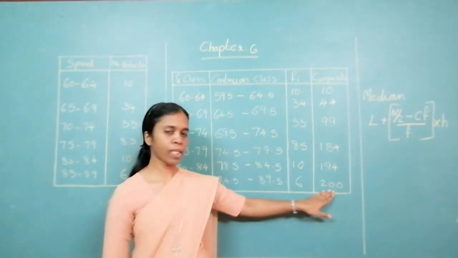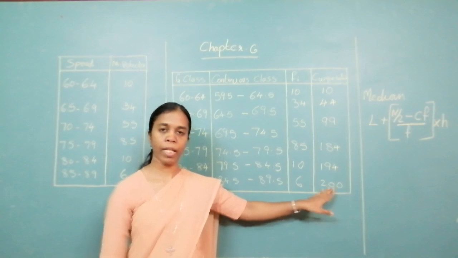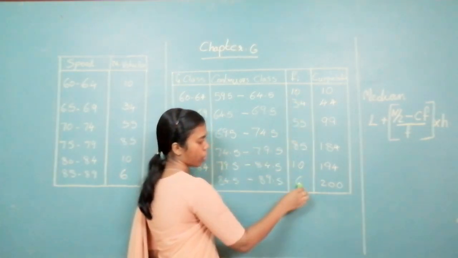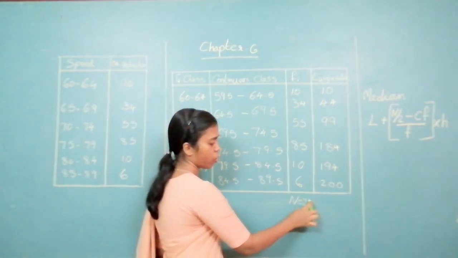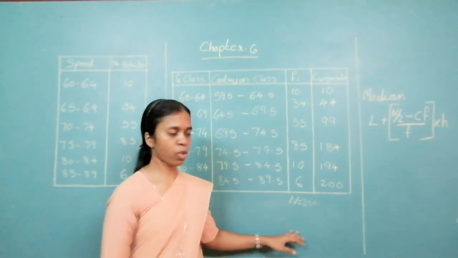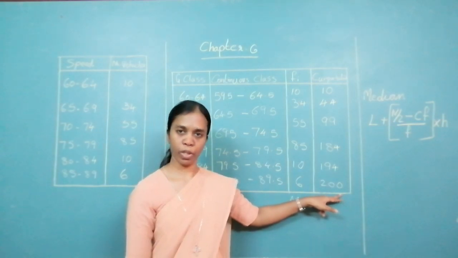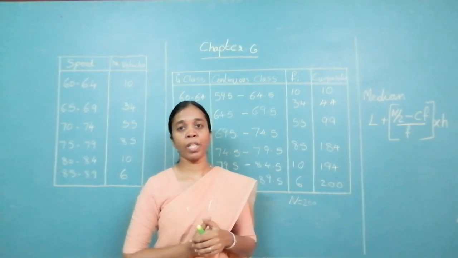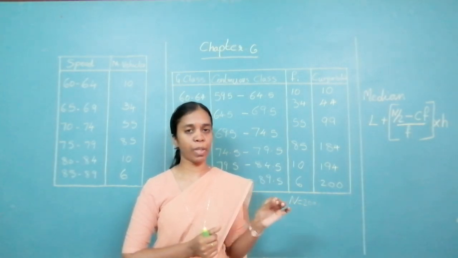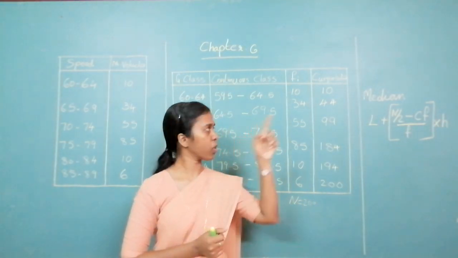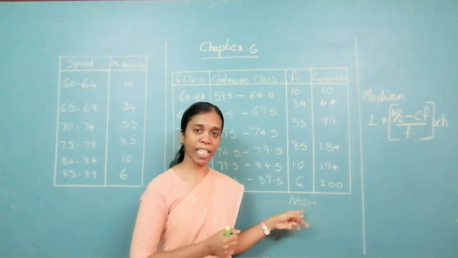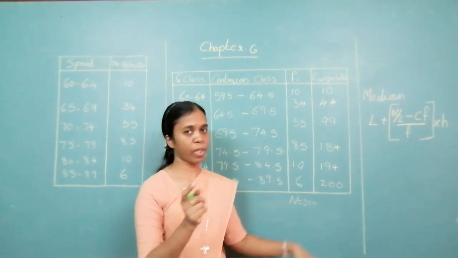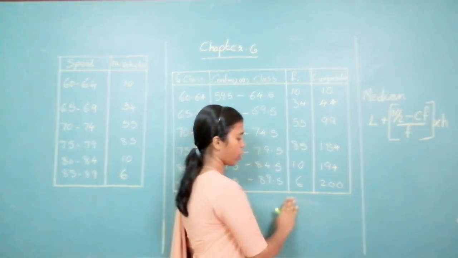Okay. Now this last one, what you get over here is actually your n. If you add all this, you will be getting 200. That will be the last score in the cumulative frequency. Sometimes it is mentioned in the question that 200 vehicles' average speed. So you can imagine that for 200 vehicles, the summation of frequency, that is capital N, is 200. So your last cumulative frequency score also will be that 200. You have to keep that in mind.